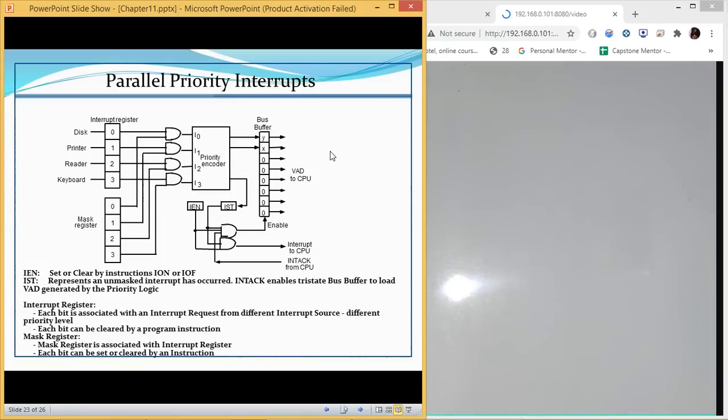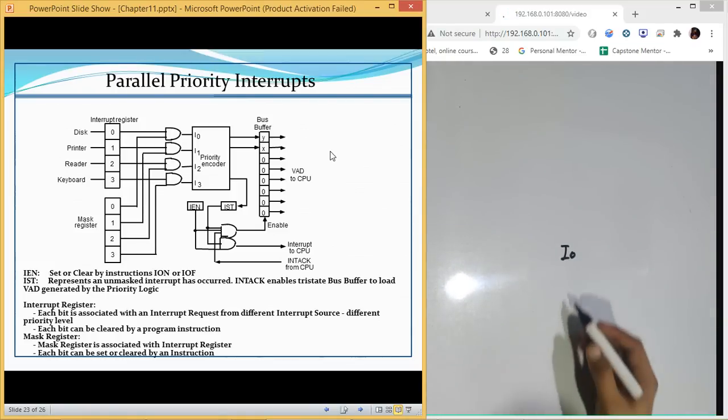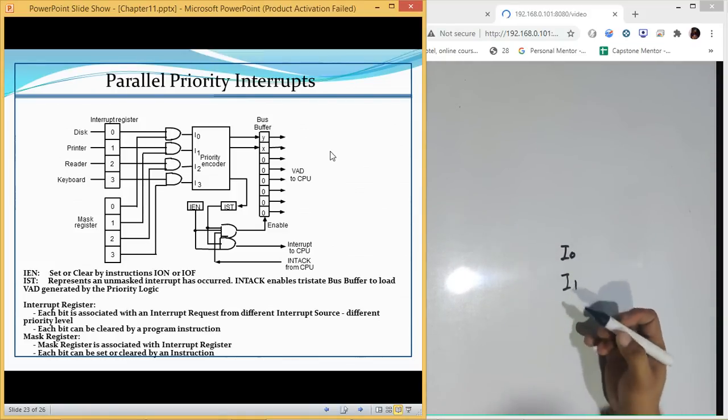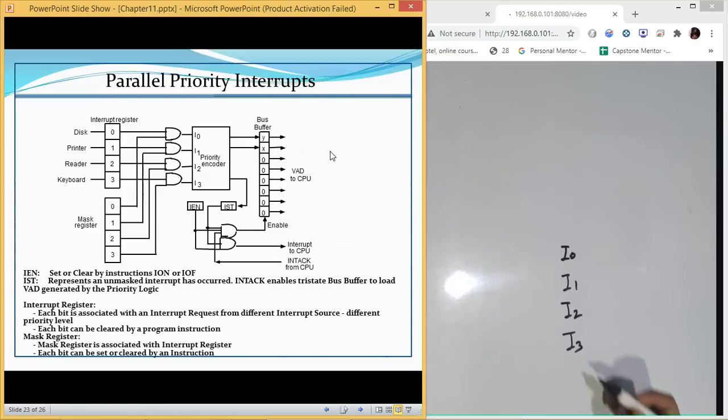Any device which is connected with I0 has the highest priority. The device connected with I1 has a priority lower than I0, then I2, then I3. So this is the least priority device, and this is the highest priority device.